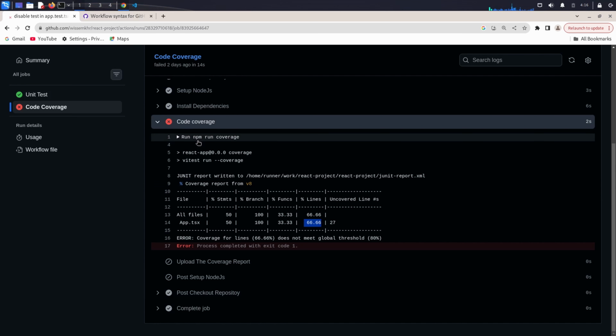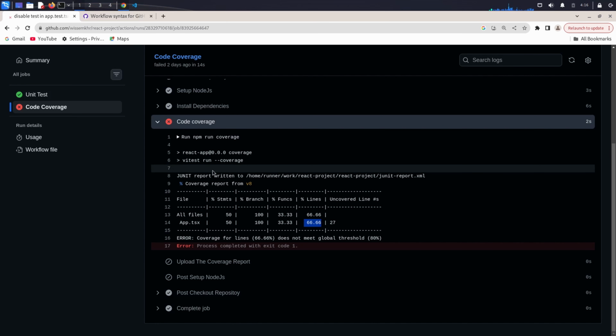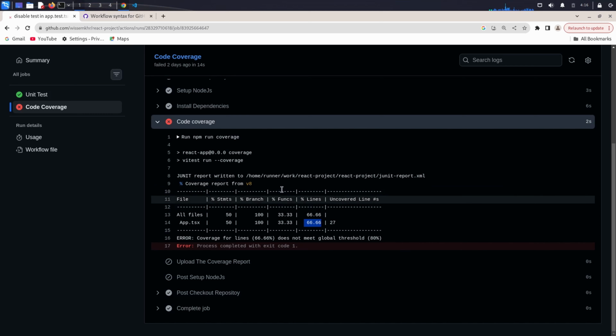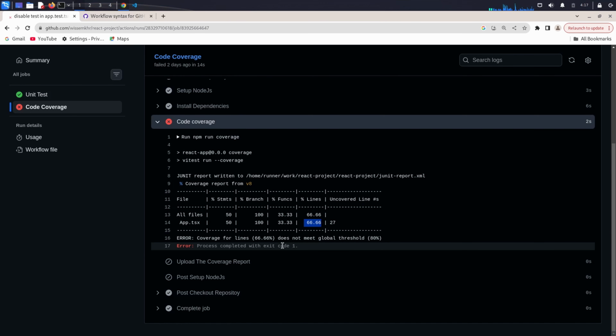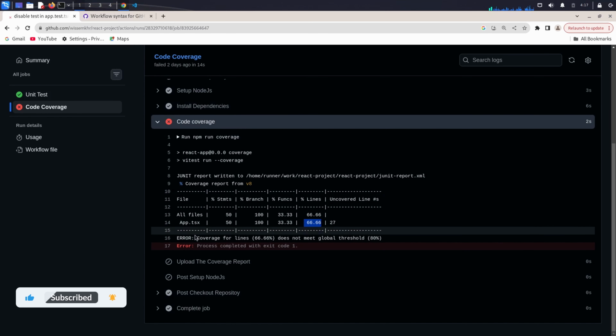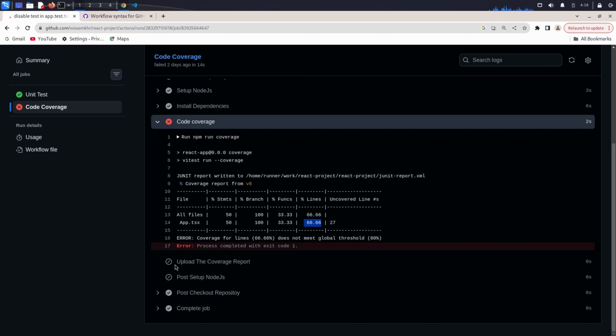In the previous lecture, we added the code coverage job to the workflow, and we noticed that whenever the coverage percentage doesn't reach the threshold specified in the vitest.config.ts, the code coverage step will exit with the exit code 1, the next steps will be skipped, and the entire workflow will be marked as failed. And here, because the code coverage step fails, the next steps are skipped, so it doesn't upload the code coverage report. And if we go here to the summary of the workflow,